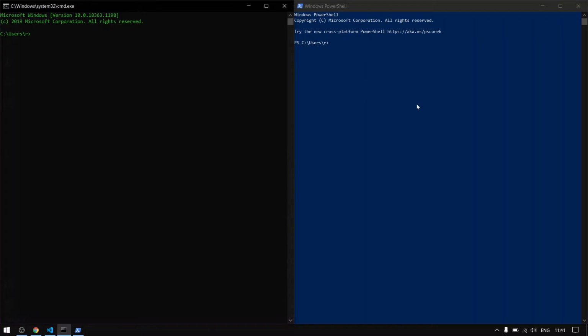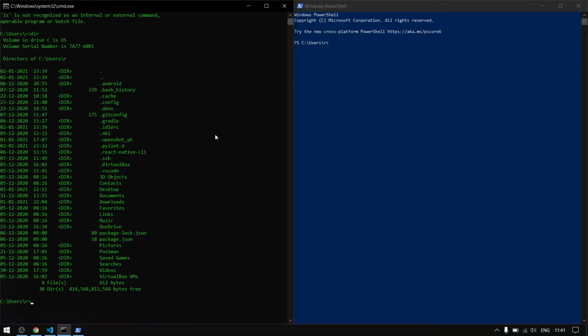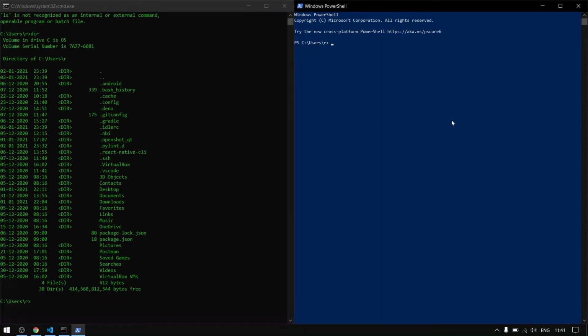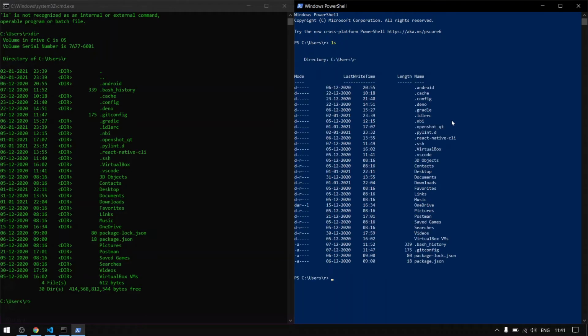PowerShell is close to the Linux terminal. So if you are using command prompt on Windows, you can't type the ls command, which lists the directory structure, but you have to type the dir command. Here in PowerShell, if you want to list, you can type ls, which is the Linux command, and it will work fine.